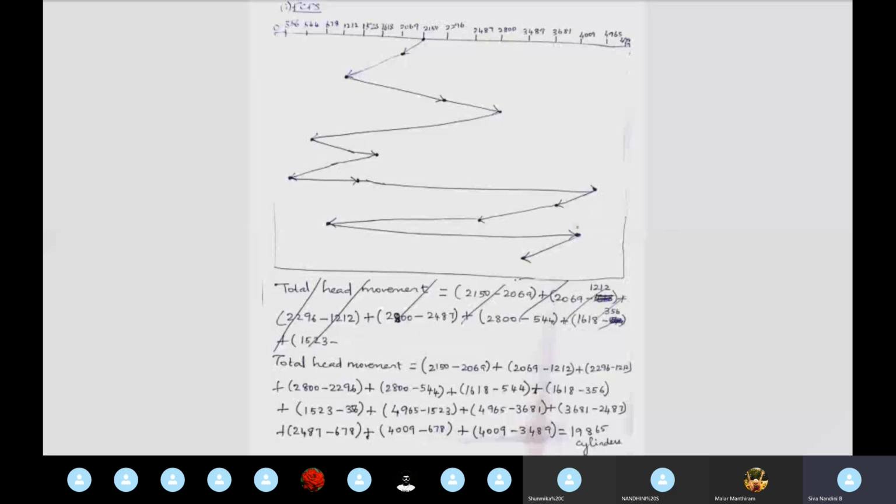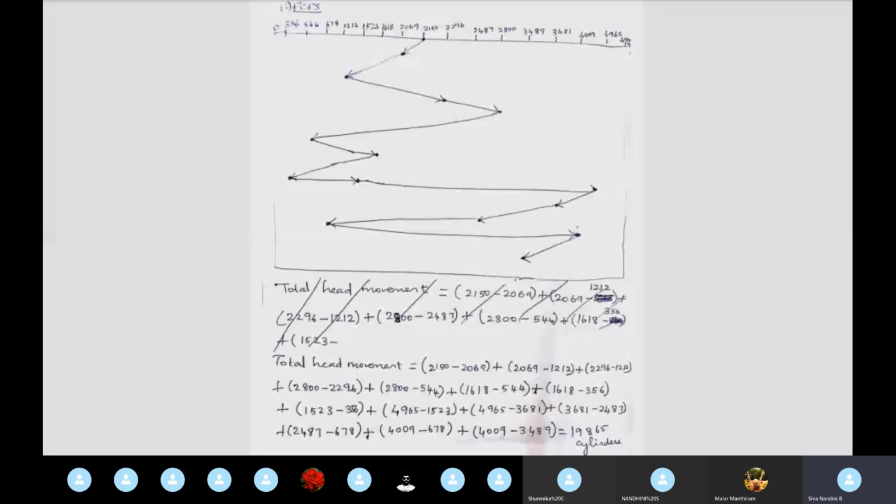So நீங்க larger value, smaller value தப்பா போட்டீங்கன்னா you will be entering all these values in the calculator. Then, for example, 2150 minus 2069 பதில 2069 minus 2150 நீங்க enter பண்ணிடுவீங்க. அந்த subtract பண்ணி வர number வேணா சேமா இருக்கலாம், but the sign will be minus. So add ஆகும் என்ன ஆகும்? Subtract ஆகும். நீங்க calculatorல என்ன பண்ணுவீங்க? எல்லாத்தையுமே வரிசையா நீங்க போடுவீங்க. So அப்போ மைனஸ் ஆகும்போது உங்களுக்கு டோட்டல் வேல்யூ தப்பா வர சான்ஸ் இருக்கு. So அதனால தான் I'm stressing again and again, in the total head movement you have to write first the larger value minus the smaller value.